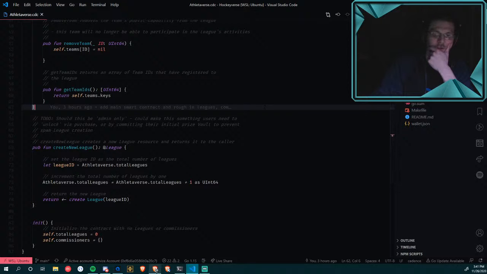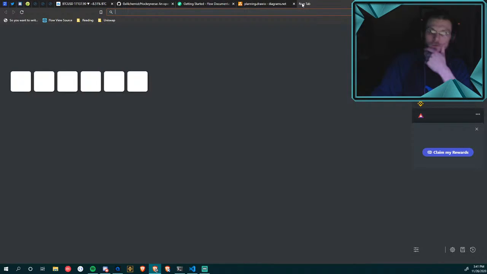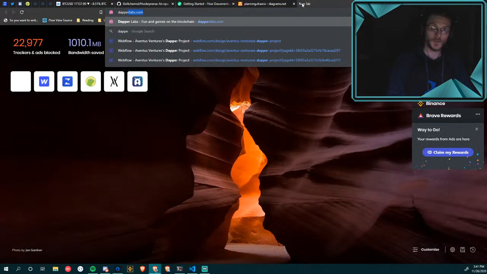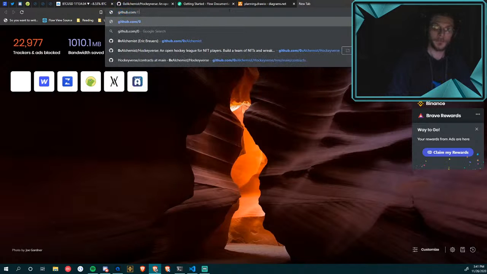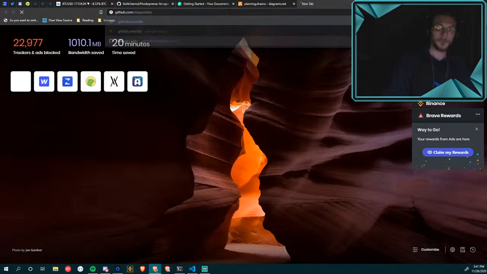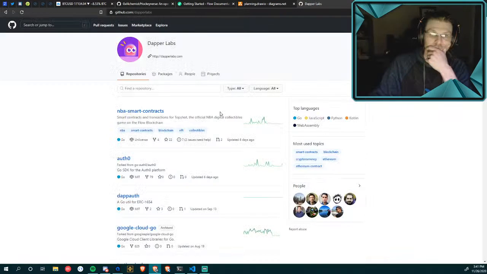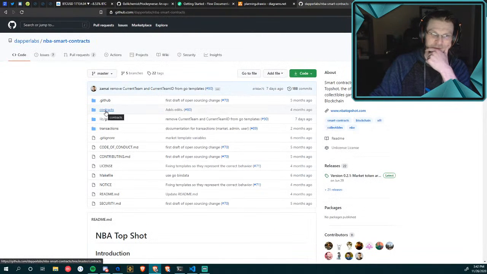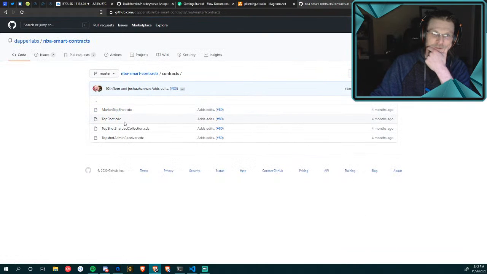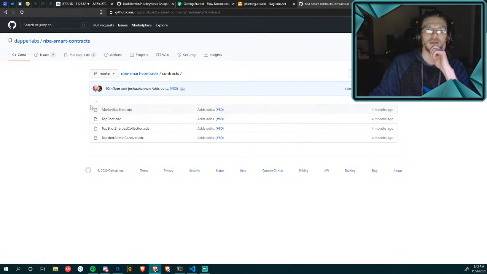Let's go look at the Top Shot contracts for a sec. This has been awesome, having these contracts open source as a go-to. I appreciate it so much. What I'm looking at here is that Dapper's split these up, so they're not writing everything in a single contract.